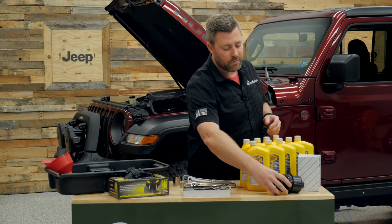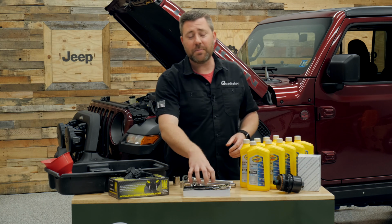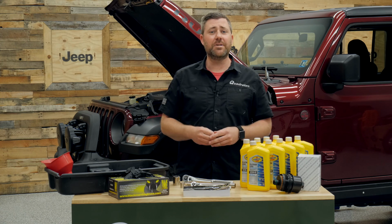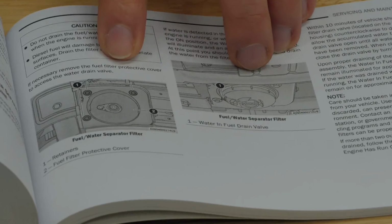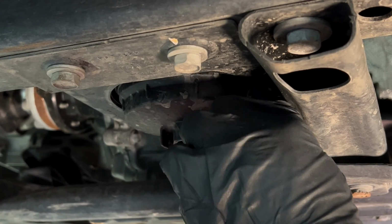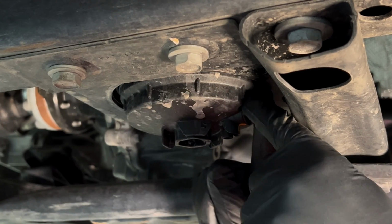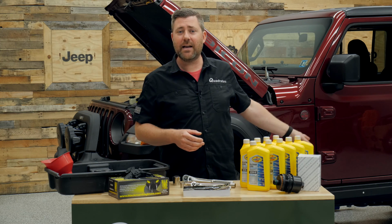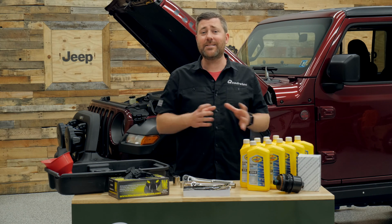One of the other pieces of routine maintenance that they do specify in your owner's manual to do with the EcoDiesel engine specifically is to go ahead and drain your water separating fuel filter that is equipped on this Wrangler or Gladiator, and that's going to be located down in between the frame rails. We'll get back to that a little bit later, but for now we can go ahead and get started with